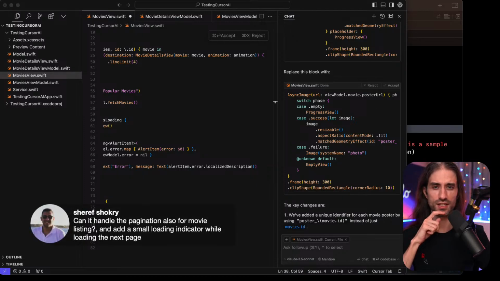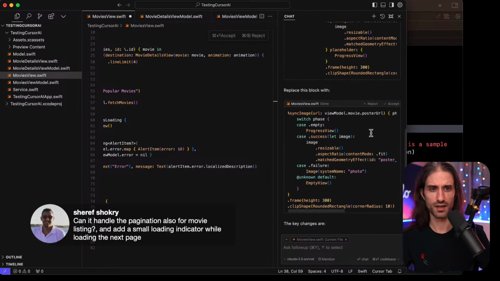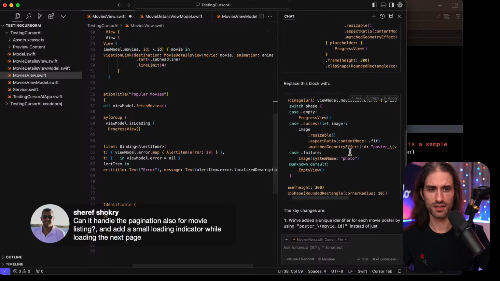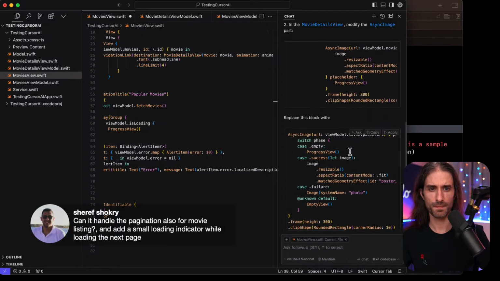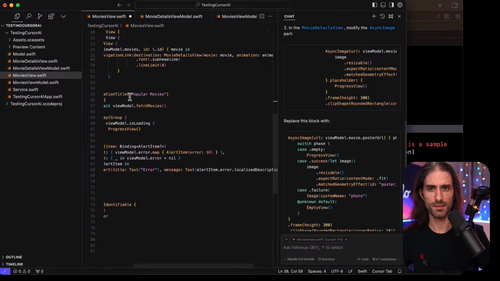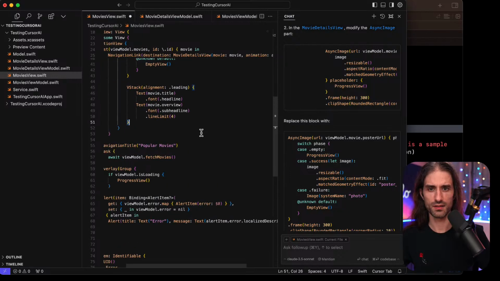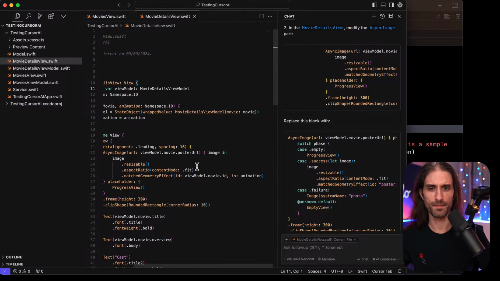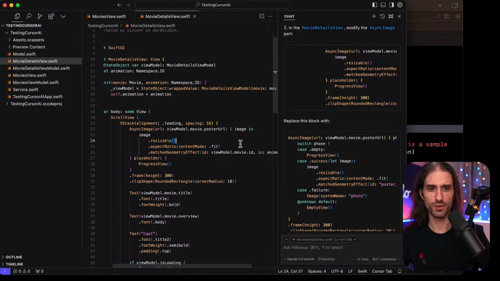Can it handle pagination? That's going to be great for our next use case. We'll try that just after. But I don't understand what it did, because here, yeah, here it's in the other file. As you can see, it can get confusing to keep track of what's being changed. Let's see, because it's here that we should have that change.